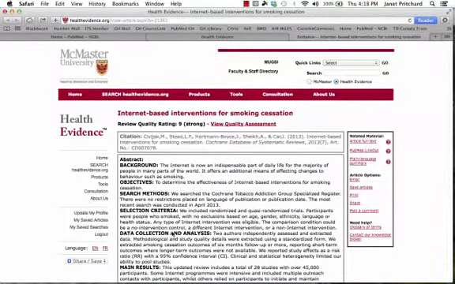This is an internet-based intervention for smoking cessation. It's actually a Cochrane database review, and I wanted to just show you what this actually looks like. That's why I chose this type of review, because you may come across them as well. If you clicked on PubMed link out at this point, you won't actually be able to access the Cochrane review. So just copy and paste the title